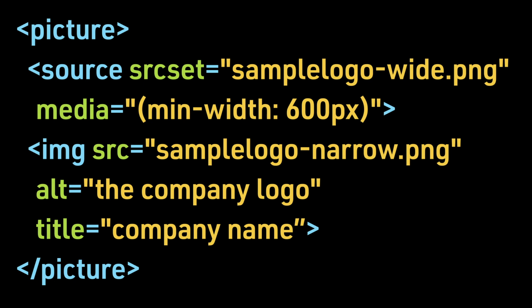So in this example, if the media screen has a minimum width of 600 pixels, then the image that will be loaded onto the page is sample logo-wide.png. However, if the screen has a width that is less than 600 pixels, then the browser will load sample